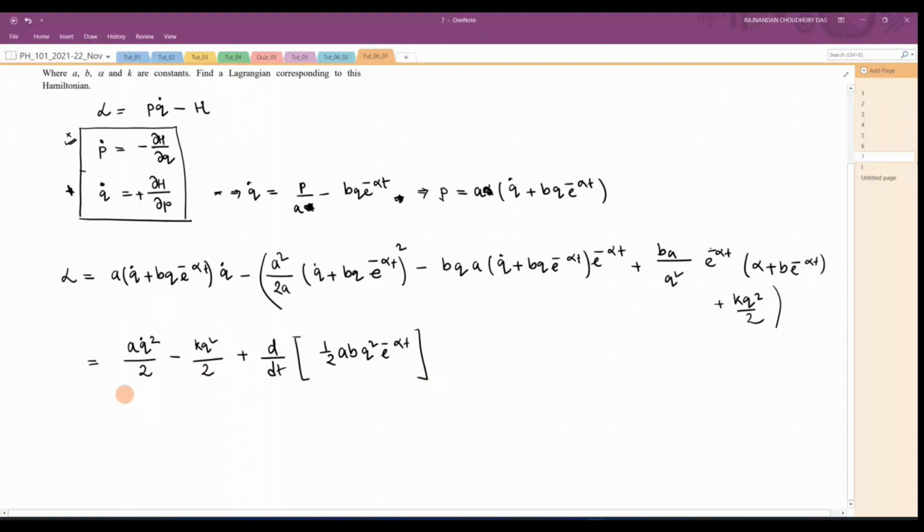Now if you look at this Lagrangian, you see this Lagrangian is nothing but a simple harmonic oscillator Lagrangian, right? It's of the form half m q dot square minus half k q square. Is it clear? Can you guys see this? This Lagrangian is of the form SHM, kinetic energy minus potential energy. So let me write this as some L0 plus the total time derivative of some function f, which is dependent only on q and t.